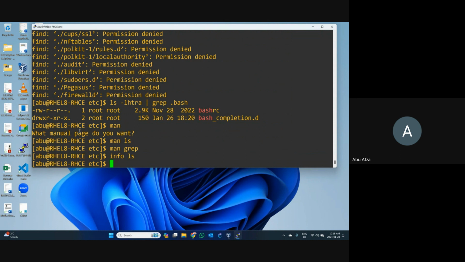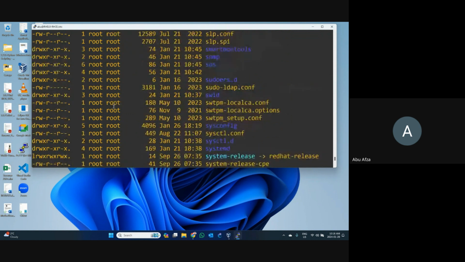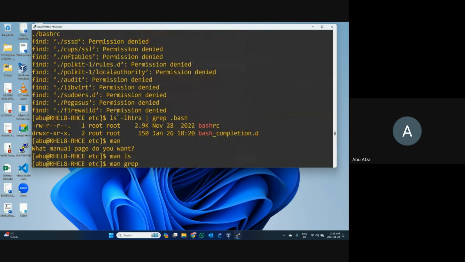Okay, let's write one command again. Come back in here and write one command, and that command is ls -la, which lists files and folders with hidden files.